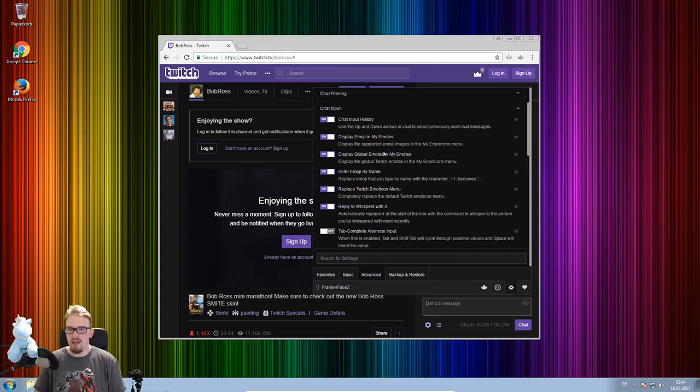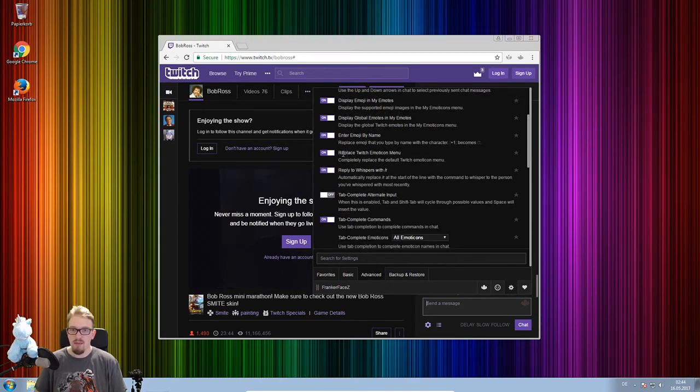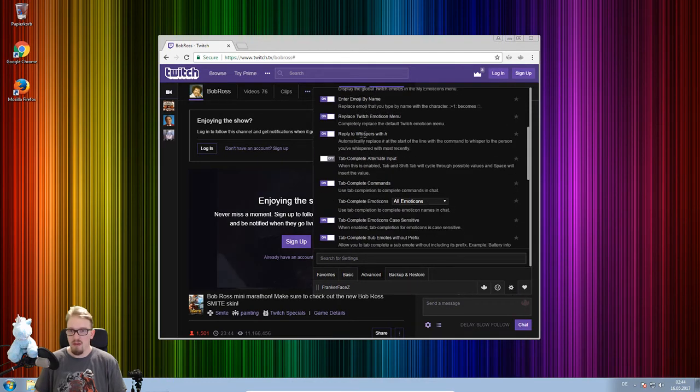Then display the global emotes, the normal Twitch emotes, right? Enter emoji by name, +1 becomes whatever, I can't see it actually. Replace the Twitch Emoticon menu, that's what we did earlier, that's this over here, right? When we disable that, there's the second menu again, we want that enabled. Reply to the last whisper with /r, that's another interesting thing where you can just answer to the last whisper